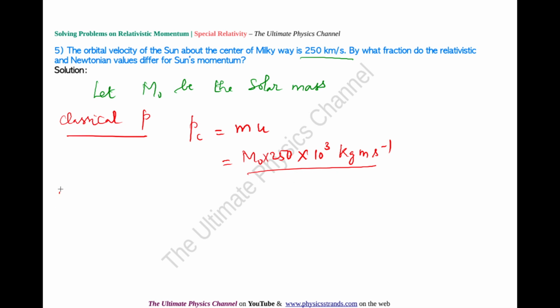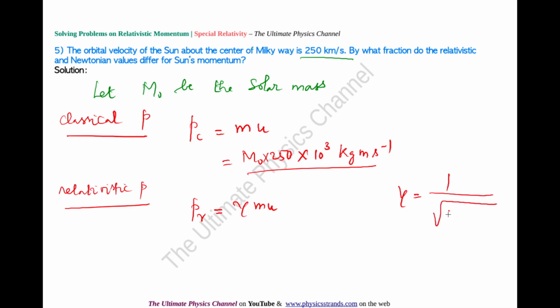This is classical. So if I do relativistic momentum, let me call that PR, that is gamma times mu. What is the gamma for this? That is the question. If I work that gamma out here, 1 over square root of 1 minus 250 into 10 power 3 over 3 into 10 power 8. Both are in meters per second. So if I do that,